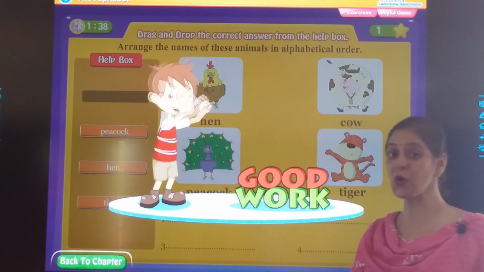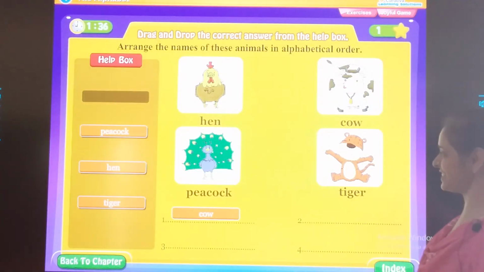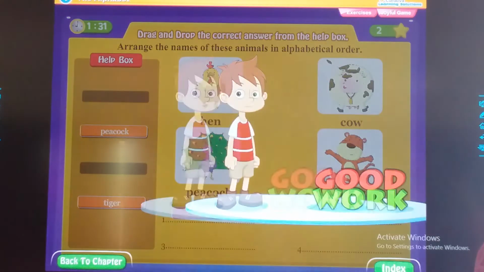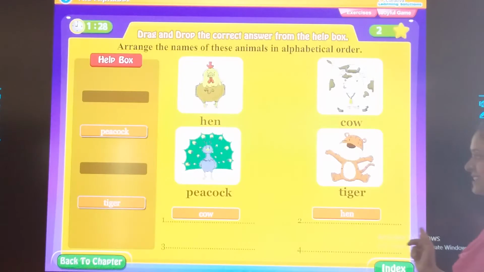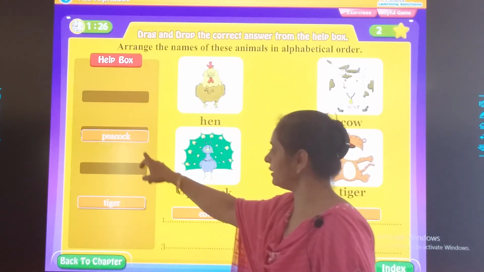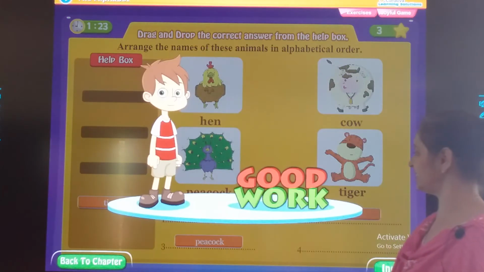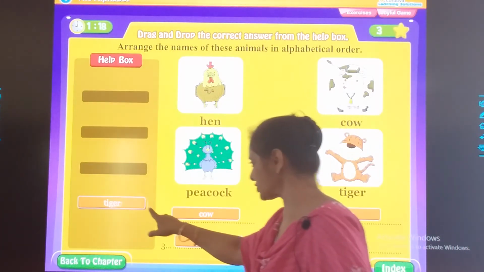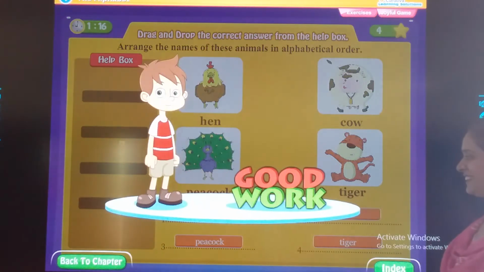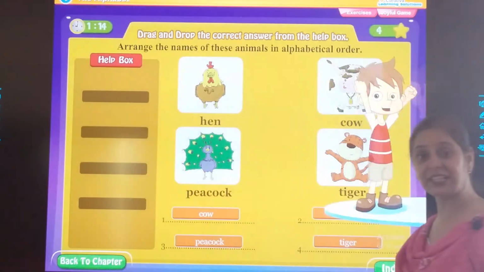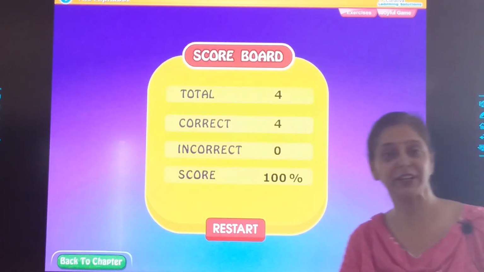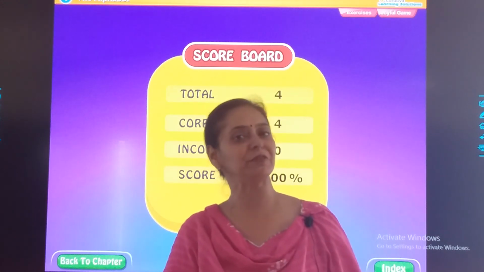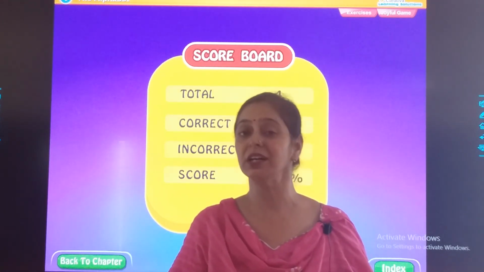Let's check. Oh, good work. Next is, let's see. What comes next? We have to arrange all in alphabetical order. Good work, students. Very smart. And the last one is tiger. Good work. Now check the score. Oh, 100%, all correct. Oh, it was fun, no, to learn about the alphabetical order,